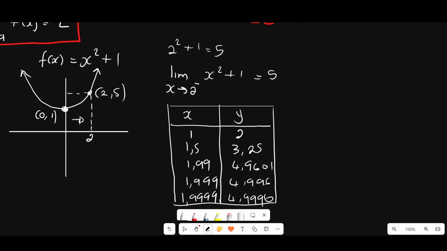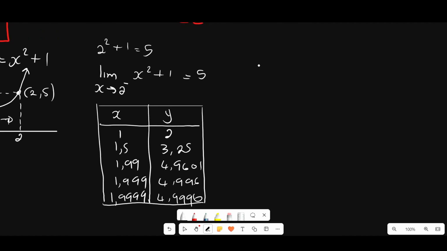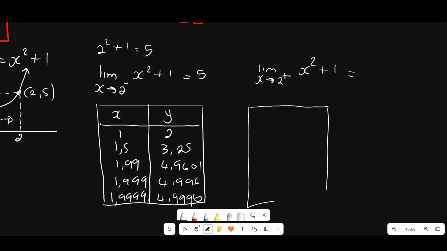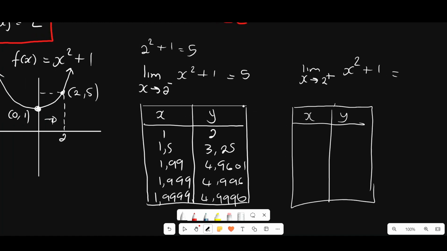And then similarly from the right. So you're going to say, well, the limit as x approaches 2 from the right of the function x squared plus 1, what do we get? Well, we're going to draw the same box, my input and then my dependent. So when x approaches 2 from the right, meaning from this side here,